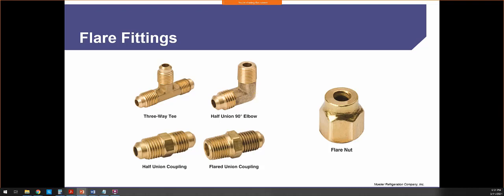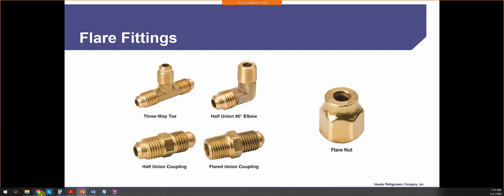If we're creating a flare connection, we have to torque it down to the manufacturer's specifications. The manufacturer is going to tell you how tight to make it. All right, what you consider tight may not be tight for me, or what my tight is may not be tight for you. So how do we know what is tight? Well, there's a tool, it's called a torque wrench. You put it onto